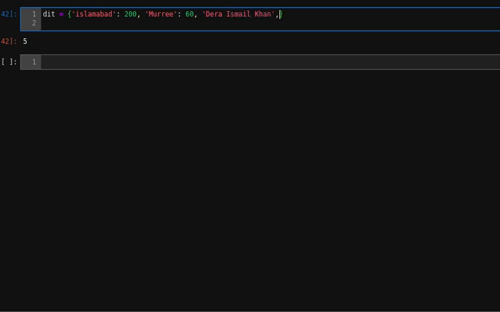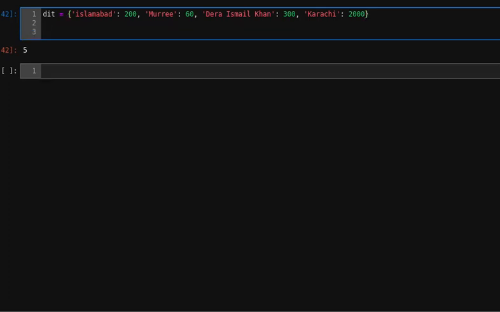It has a distance of 300 kilometers, and another, Karachi, which has 2000 kilometers.